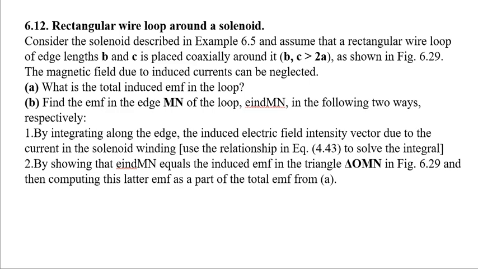So find the induced EMF at MN in the following two ways, respectively. You have to do it in two different ways. First, by integrating along the edge the induced electric field intensity vector due to the current in the solenoid winding. That's a very complex problem here. You're not using geometry here, just pure integration. The second one is by using